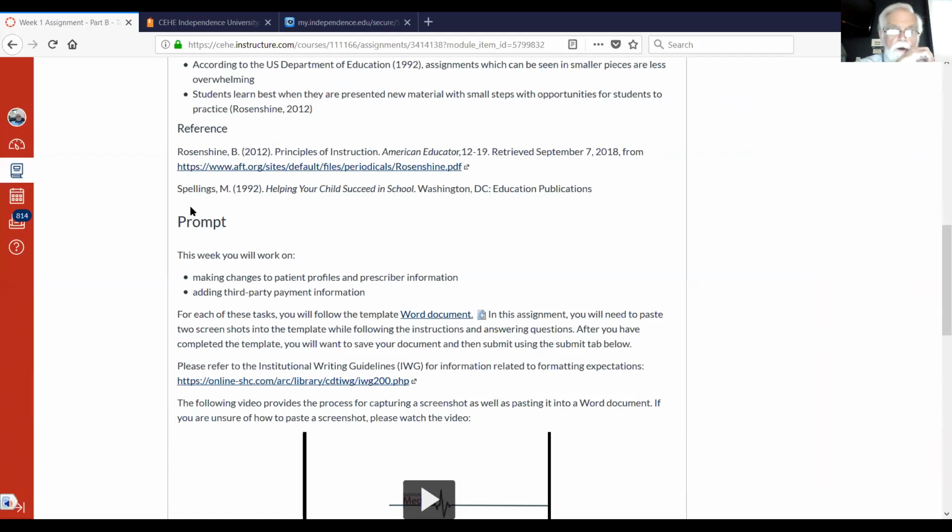All right, so here, again, lab 3, we're going to complete a certain number of steps. And this one is changing a patient profile or prescriber information. So this is how do we edit. So this will lead you through the editing process for changing the name here on